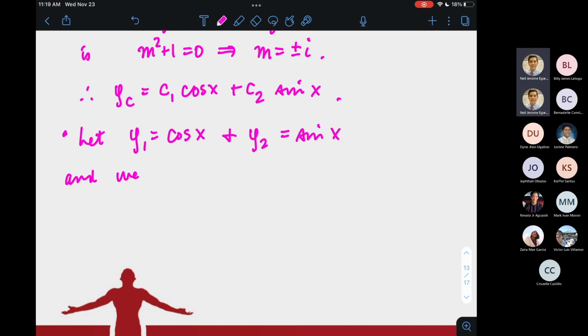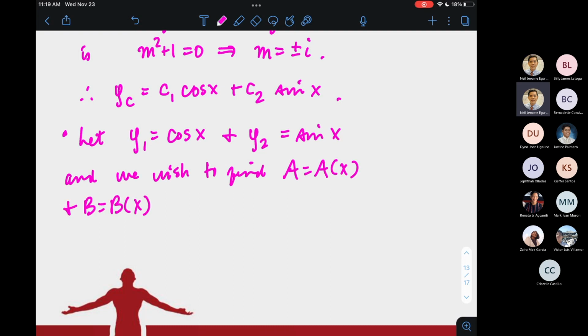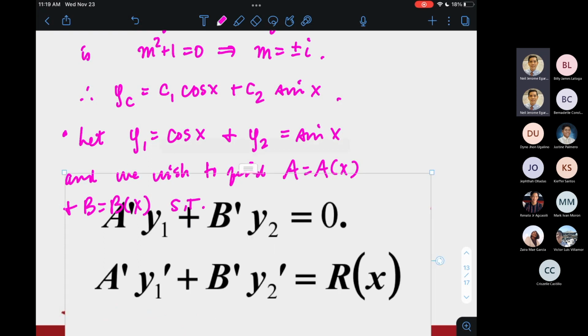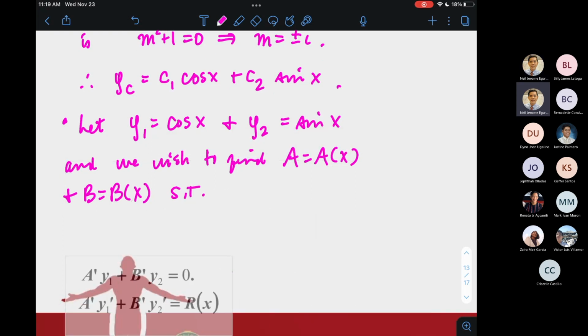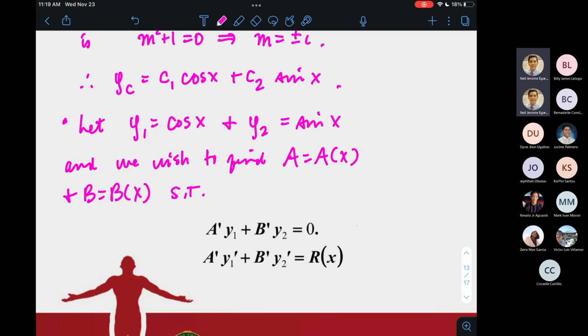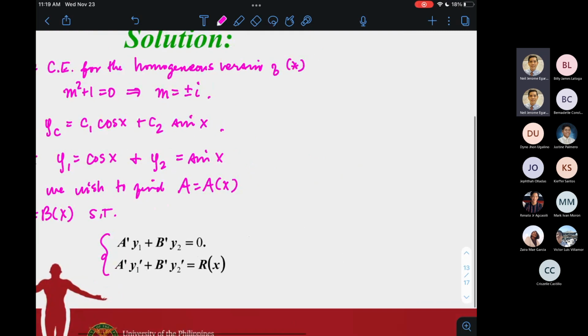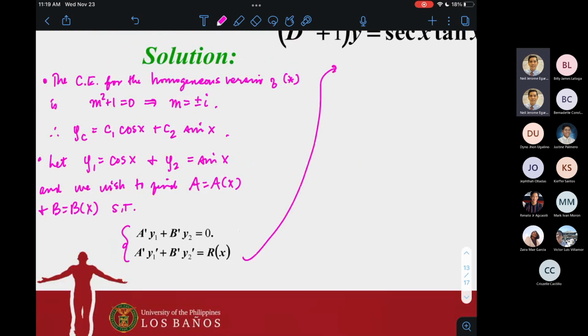And we wish to find functions A of x and B of x such that the following are true. Ito yung gusto nating masatisfy ni capital A at saka ni capital B. All right? So I'll just contextualize it in our case or in our problem. So I'll have A prime times y1, so that's going to be cosine x plus B prime times sine x